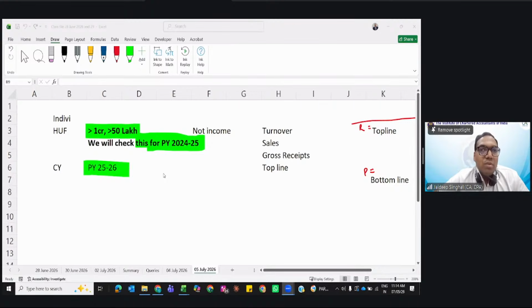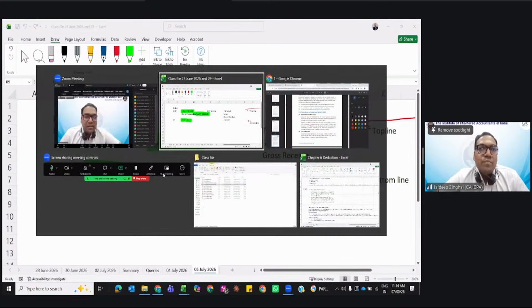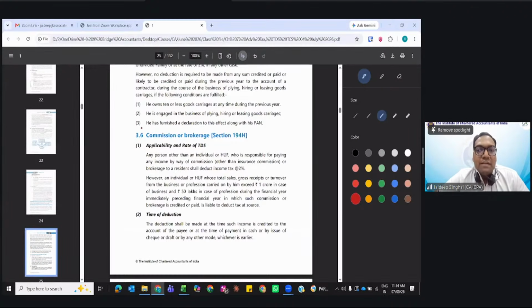I don't have a problem in extending the session, to be true, but I don't want to go at a fast pace so that you're not able to understand. I don't just want to take the session for the sake of taking it. At least if you are able to understand, only then will the session make sense, right? So we will use yesterday's approach again. I will read the important concepts and then explain the rest.